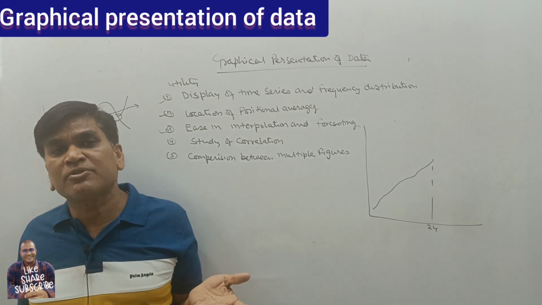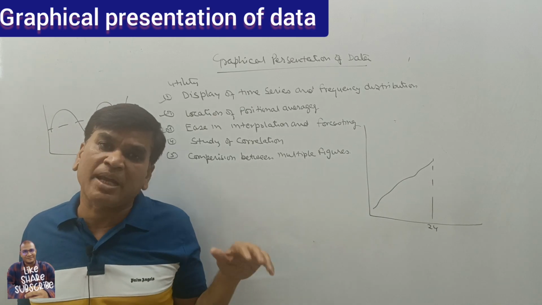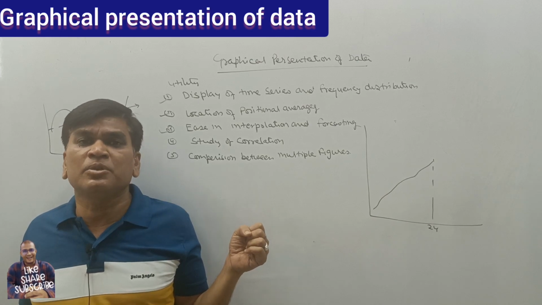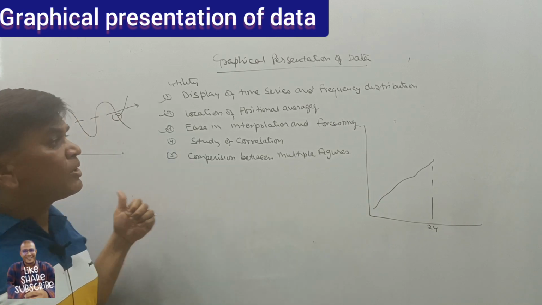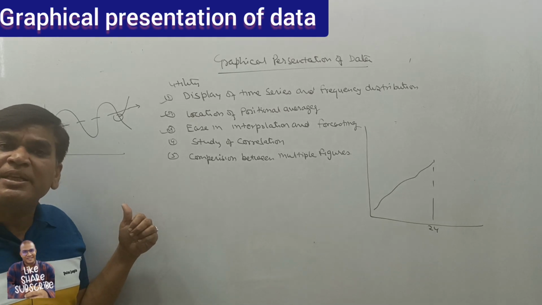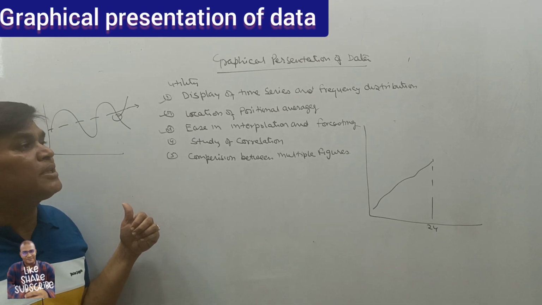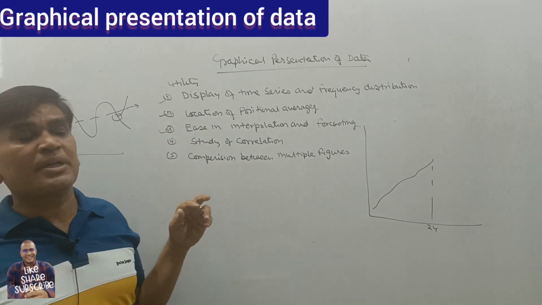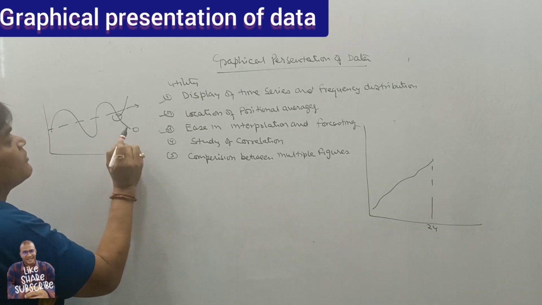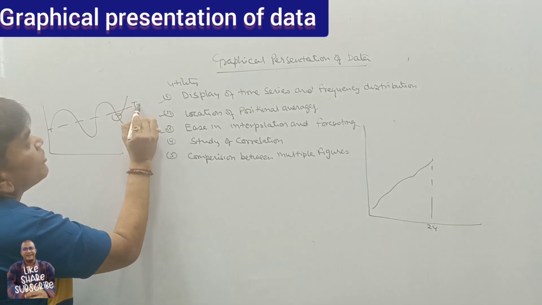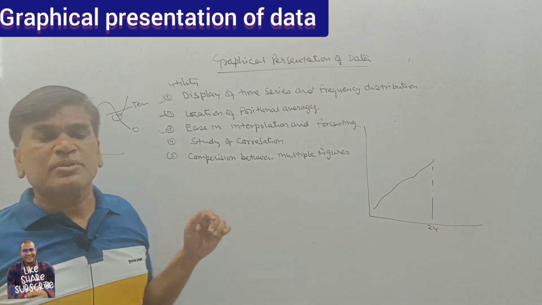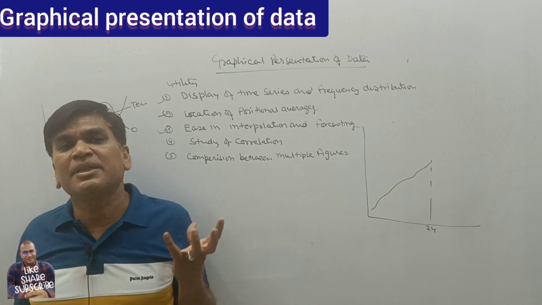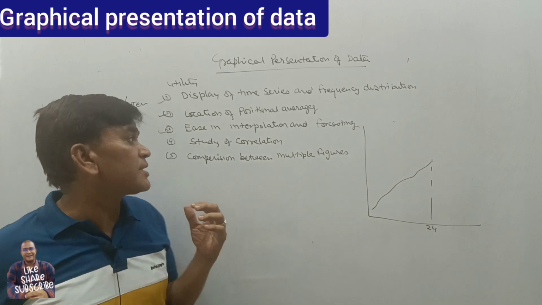When you go to the least square method, they give the data as time series data. Suppose they give the data from 2018 to 2024, and on behalf of this they want the forecast for 2028. With the graphical presentation of this, we can make the forecast. This is the original data, and we have the trend value. On the trend value we will make the forecast. Later we will discuss how to calculate that; here I am showing that the graphical presentation is very important in that case also.